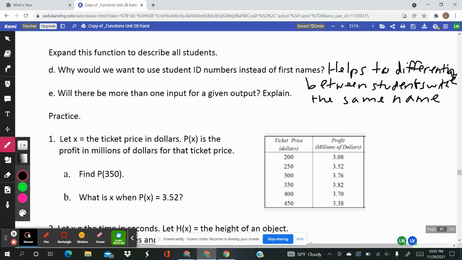Letter E. Will there be more than one input for a given output? Explain. Well, if you have students with the same name,